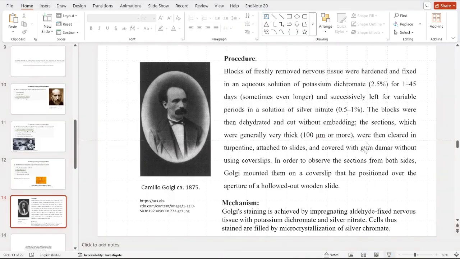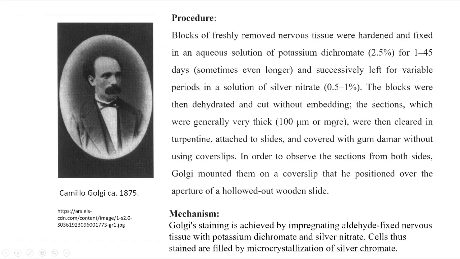Yeah, so then the blocks were first dehydrated and then they were cut without any embedding. And then the sections, which were extremely thick, were cleared in turpentine, attached to slides and covered with gum damar and without using any cover slips. And then to observe the sections from both sides, Golgi used to mount them on a cover slip,